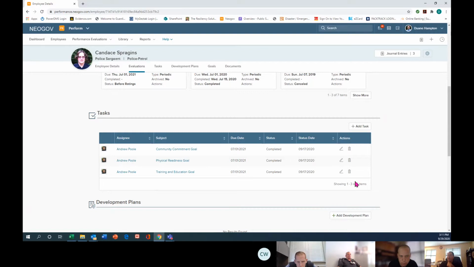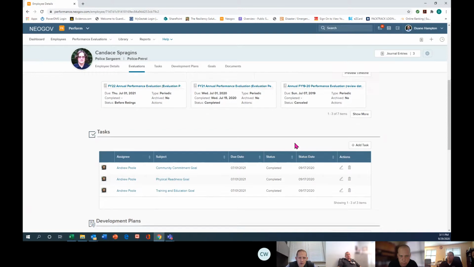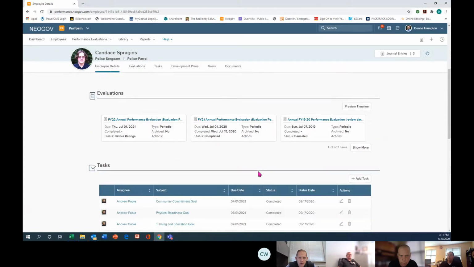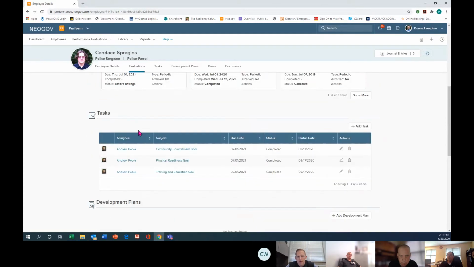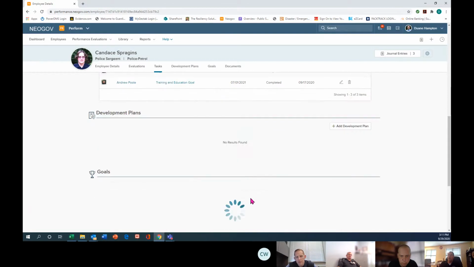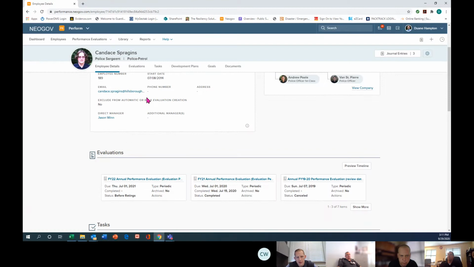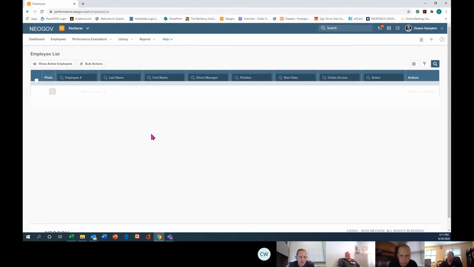I haven't seen anybody else have these. I'm wondering if she added these as tasks instead of goals. I don't really know what she did here. So I'm not really sure. But what should be here is signing off on Poole and St. Pierre once they get triggered. They'll show up in here. Yes. But if we go to